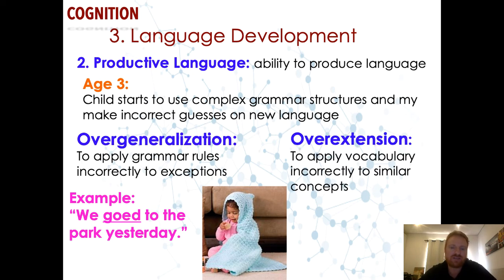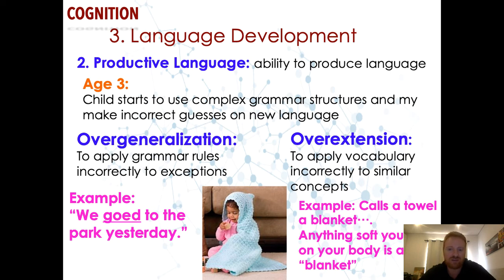Overextension is another way that we see babies make mistakes. And this is very similar to overgeneralization, but it's not about grammar, it's about vocabulary. So using the vocabulary words that they know in an incorrect place. So making assumptions about the world. If this is this and that is similar to this, then that also must be this. So, for example, a baby that calls a towel a blanket, it's probably because they learned that anything soft that you put on your body is a blanket, because that's their first experience with learning the word blanket. And so they just assume that these things share something in common, so they must share something in common with the language as well. And so that's an example of overextension.